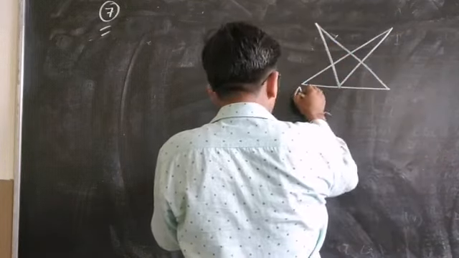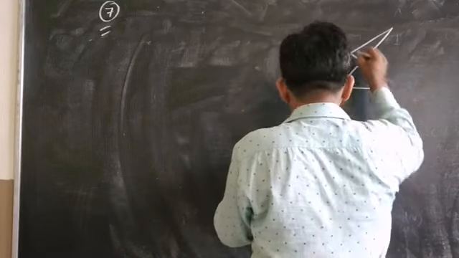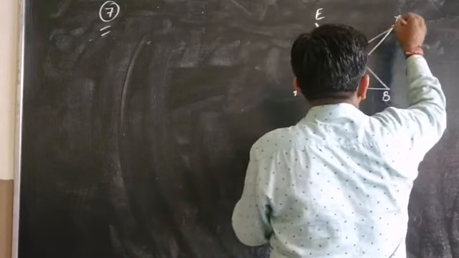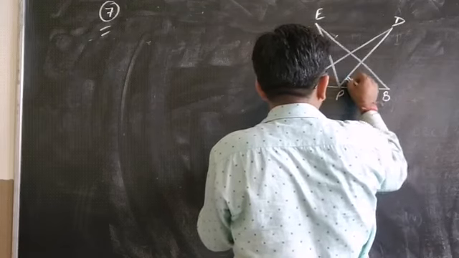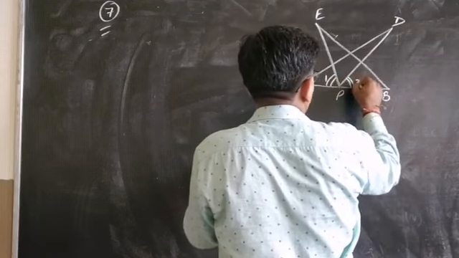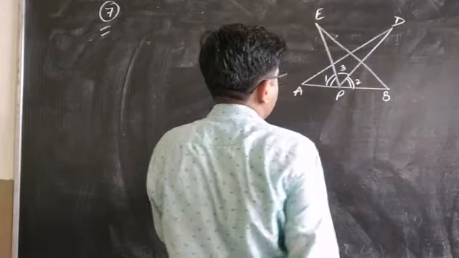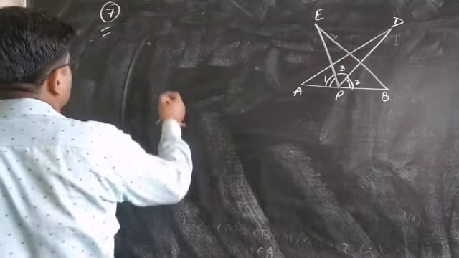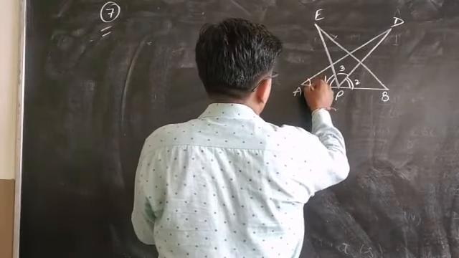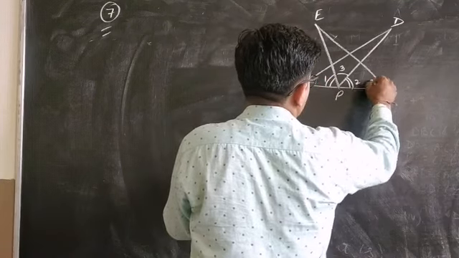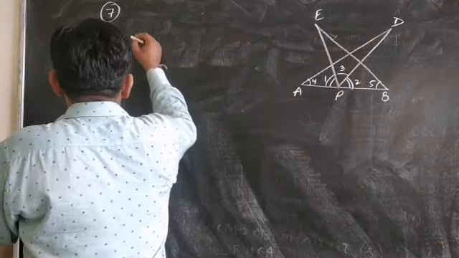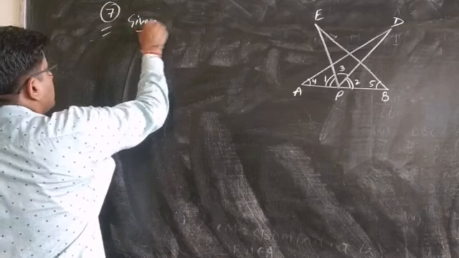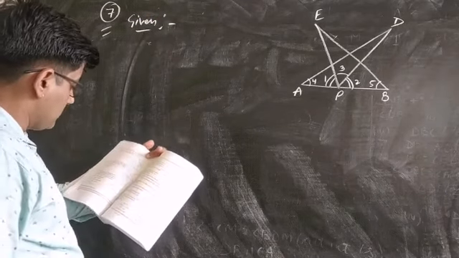This is A, P, B, E, B. Angle 1, 2, this one is 3. Let it be 4 and this one is 5. First of all, you will write the given in the question that